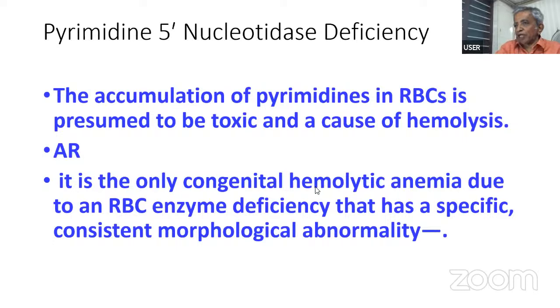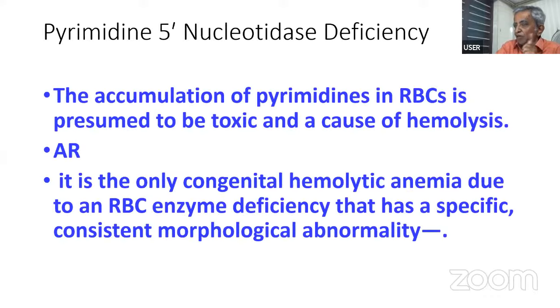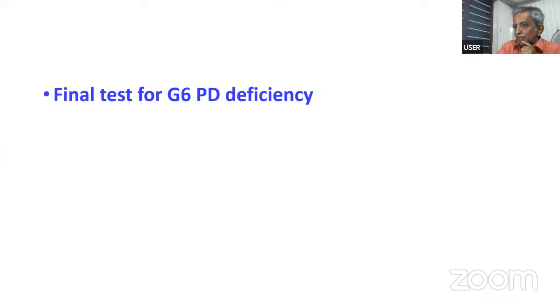Now we come to pyrimidine 5-nucleotidase deficiency. The accumulation of pyrimidines in the RBC is perceived to be toxic. It is the only congenital hemolytic anemia where you can identify it by peripheral smear. You can get a clue from the peripheral smear that it is pyrimidine 5-nucleotidase deficiency. I told you about three enzyme deficiencies: G6PD deficiency, pyruvate kinase deficiency, and the third one is pyrimidine 5-nucleotidase. This is rare, but I brought it up because of one finding. The final test for,